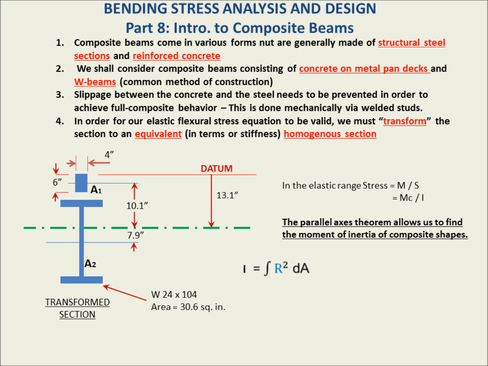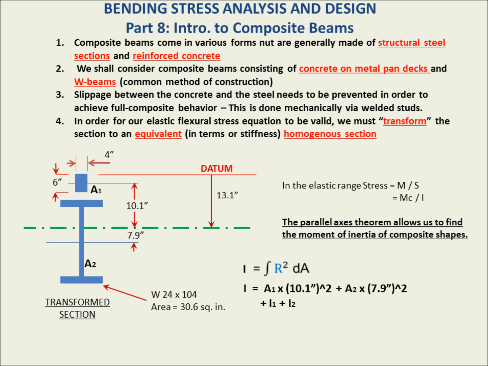Now, we know that in order to find the moment of inertia, we simply need to multiply the area times the square of the distance from that area to the axis of rotation. So we can simply do that. We say A1 times 10.1 inches squared plus A2 times 7.9 inches squared. However,